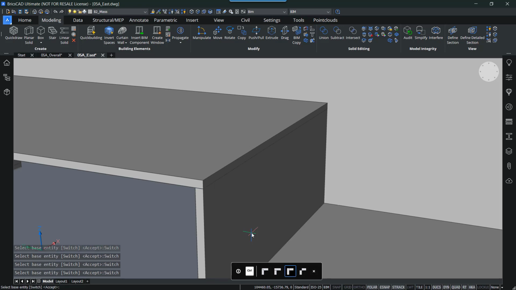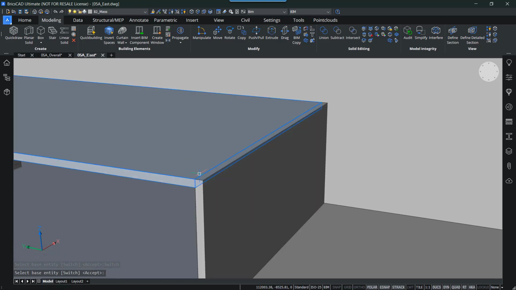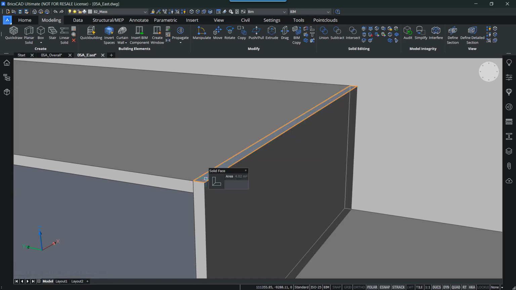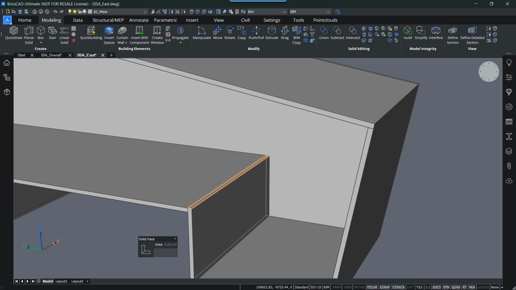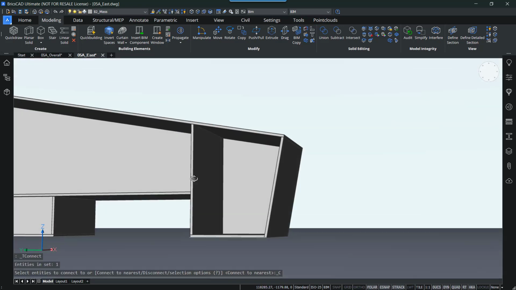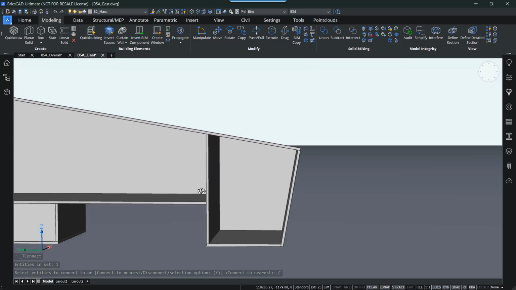So in this case, I want to have this one, press enter. So I can quickly select the top face of this wall, and then I can choose to connect to nearest as well.